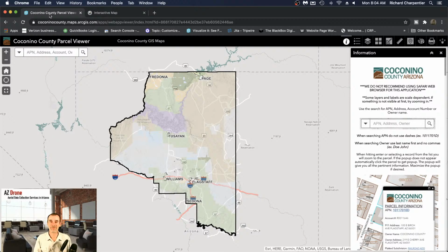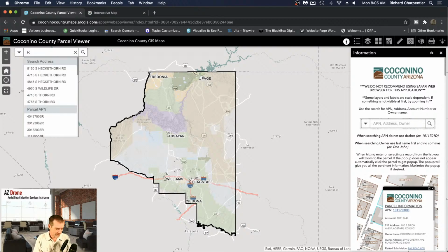So when people first get in touch with me and they say, how much is it to do a raw land site? I get back to them without a price. And I say to them, I need to know more. I need the address. If you have the parcel number, I would like that as well. Anything that you can give me so that I know how we're going to gain access to this location. In the case of the Williams area and Coconino County, this is more than an hour drive one way for me. And they did, as a matter of fact, get me the parcel number,